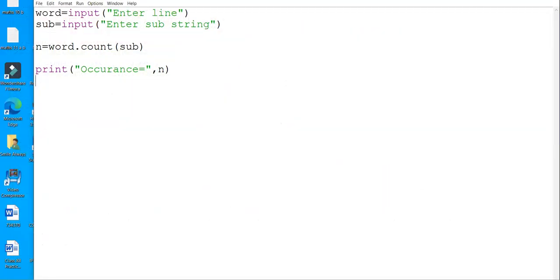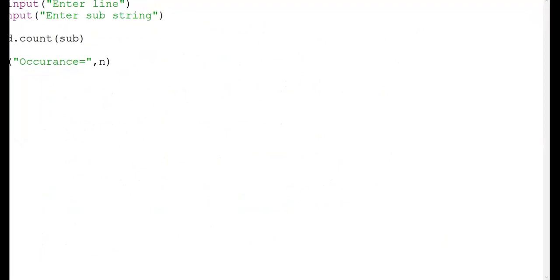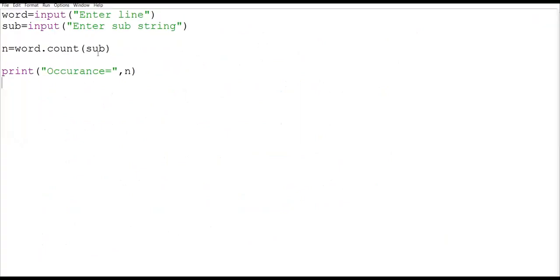Is this clear, how to solve this? Or anyone any doubt with this? See, we have only used this function, right? Ma'am, without this function, we have to run a loop, right?